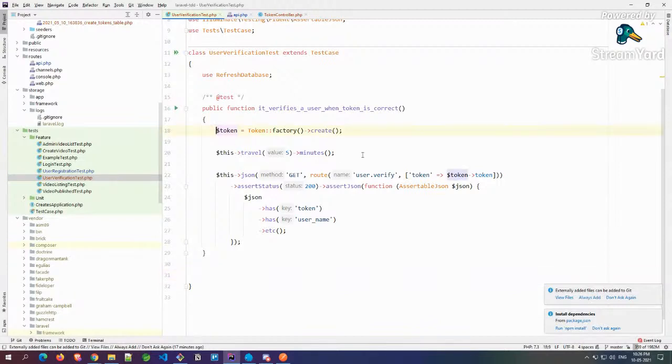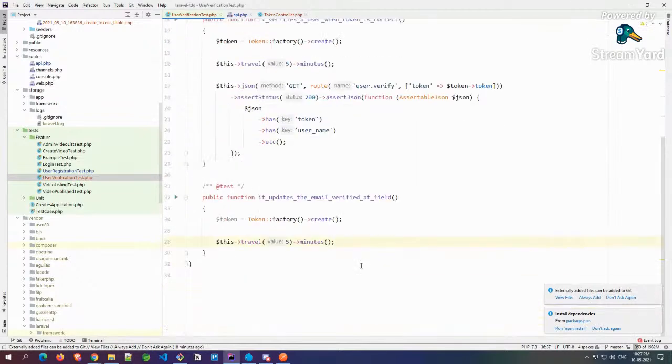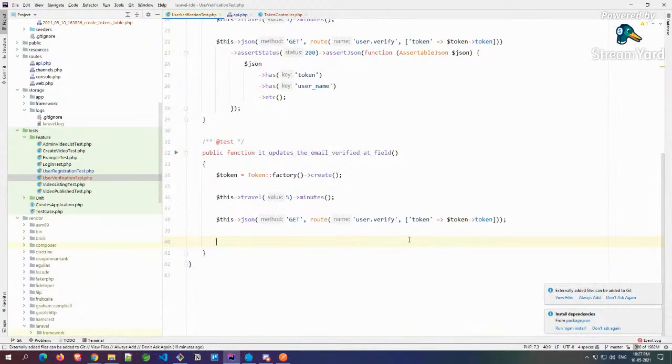So let's just say it verifies the user, and it updates the email verified at field. Okay, so these two things are added. Then this JSON, it's a get request. I'll copy this. I don't want to type it again and again. Okay, this is done. So I'm sending this, and then I can do a database assertion,